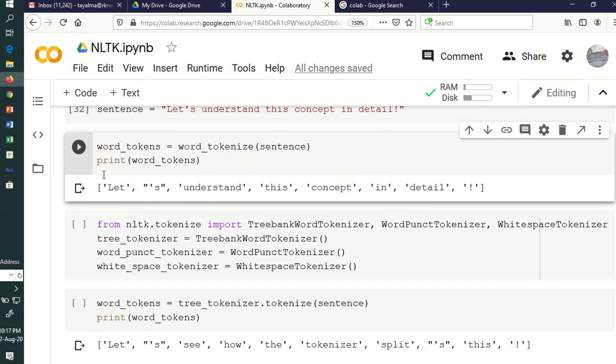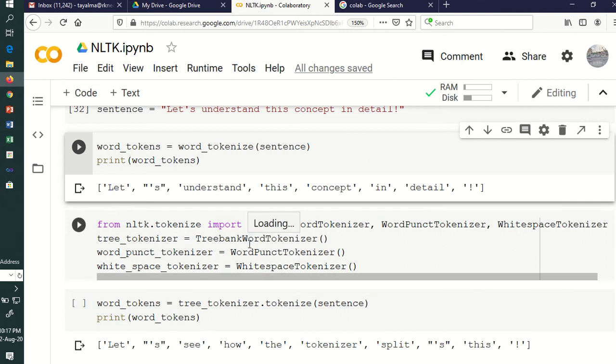This way we get the output from the word_tokenize method, that is, "let's" and even the 's apostrophe is taken out as a word token. Understand this concept in detail: even this exclamation mark is taken as one token. This way the word_tokenize method works.